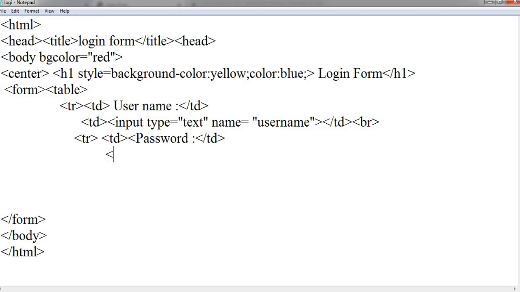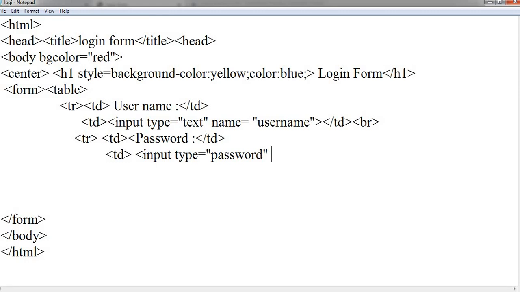Then we can have the particular input type for the password, input type equal to password. By giving the password type, the text is not going to be visible to the user; it just shows a sign, which may be a star sign or a filled round circle.